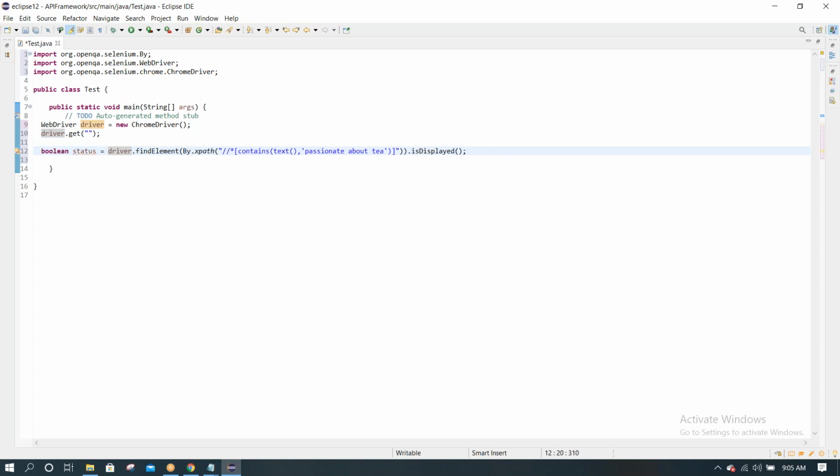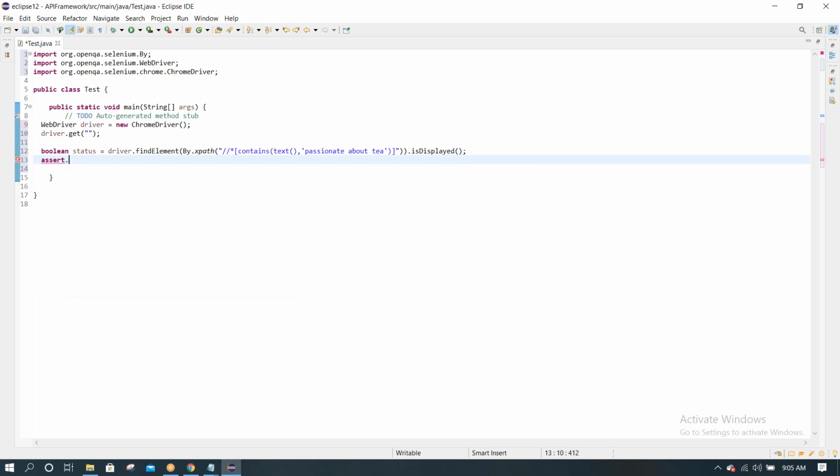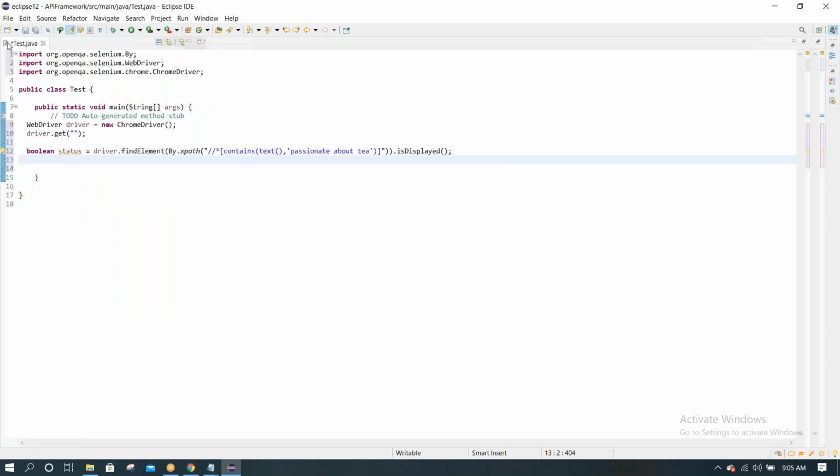Then we can compare: if status equals true, it has successfully navigated to the welcome page, else failed. Or we can add the assertion directly. It is not displaying, which means the JUnit assertion might not be there here.